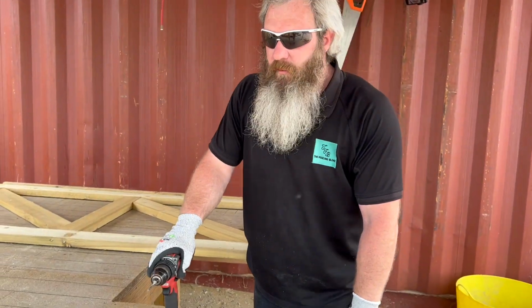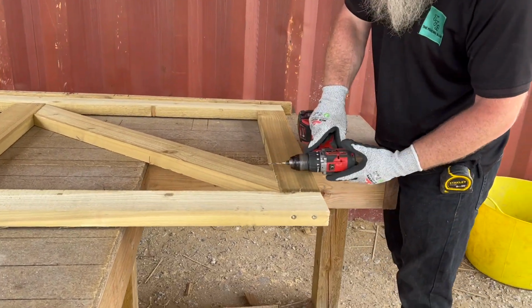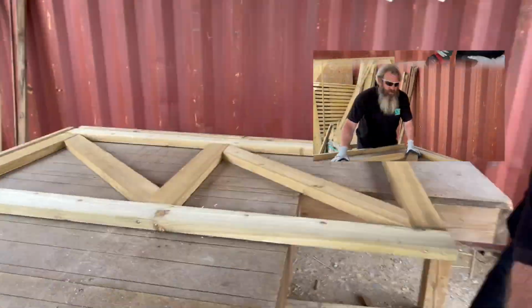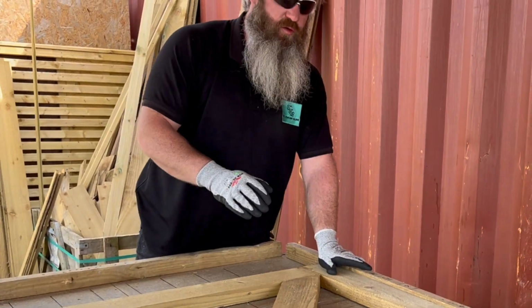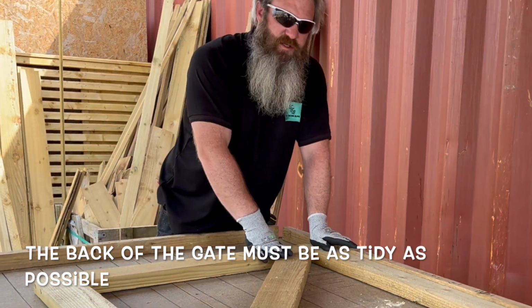So now we're going to install the braces. What we do is we pre-drill from the bottom, and we're going to install our screws basically like that, to support the gate. Now that we've got the braces on, we need to flip the gate over. So this is going to be the back of the gate. We make sure that all of our joints are nice and tidy on the back, because that's going to be seen,